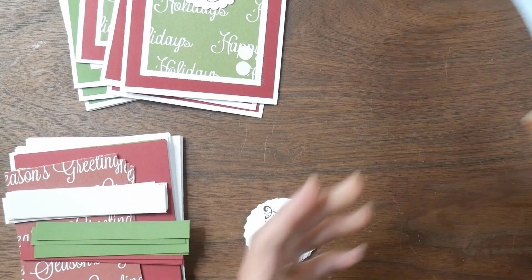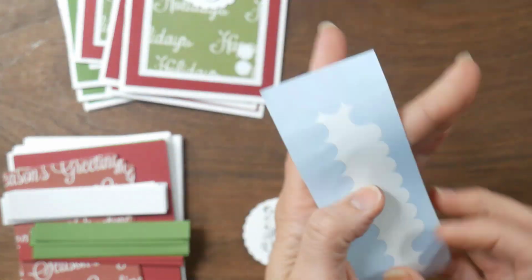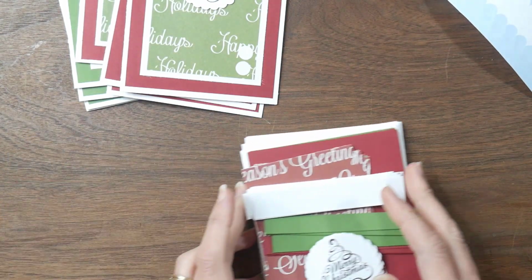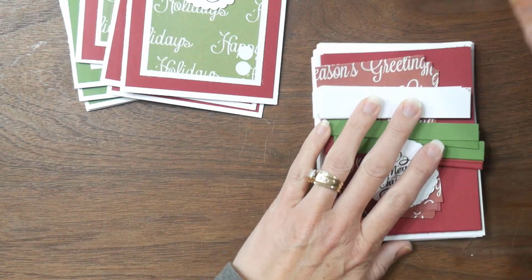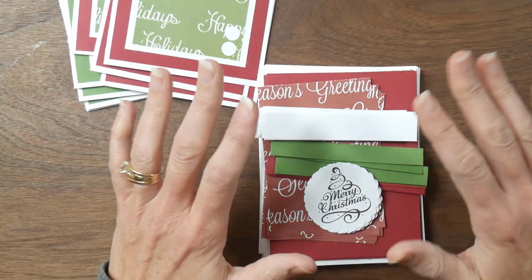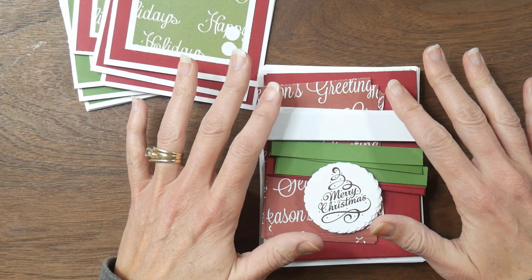And then I will also have some white vinyl circles in each kit of this one as well. I just need to cut some more. And so this is one of those that will be a little more limited in quantity